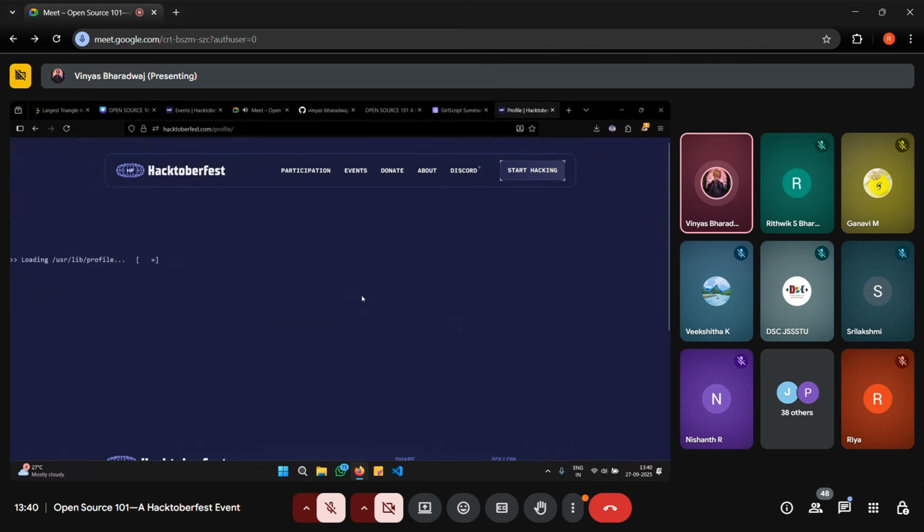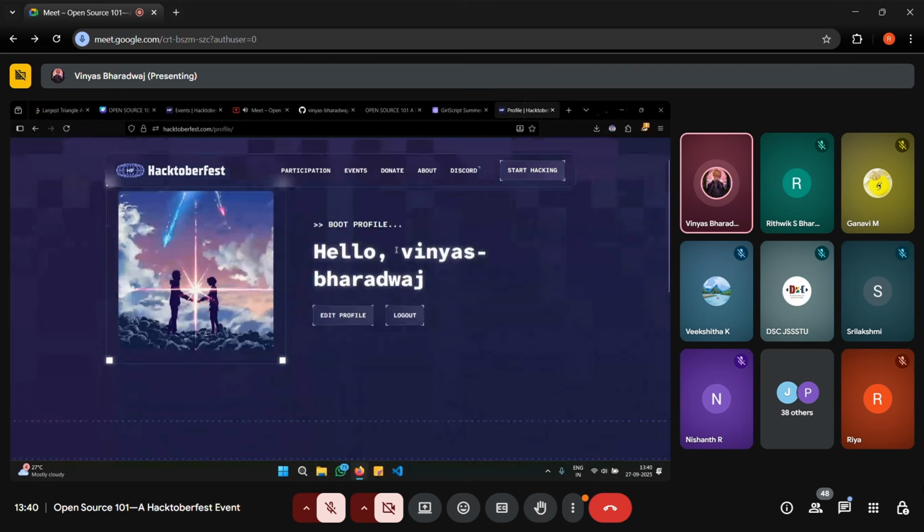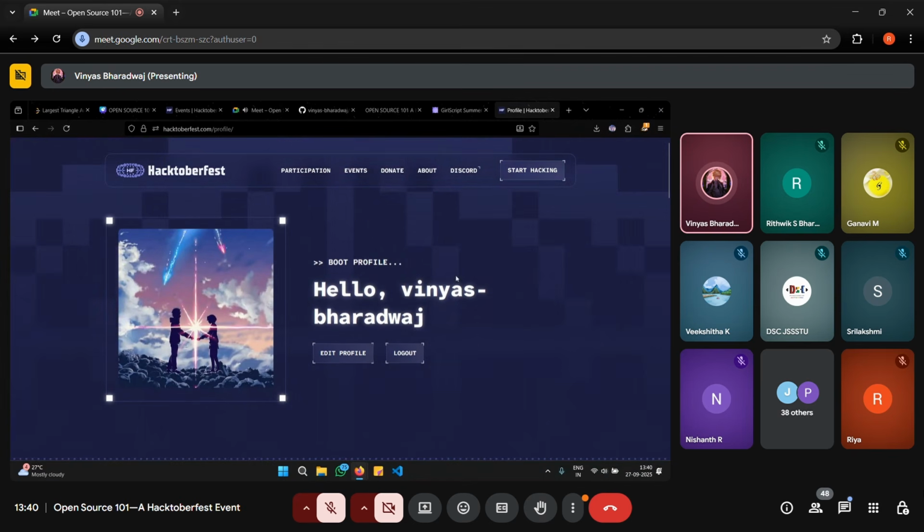This is where it will ask you for authorization from your GitHub or your GitLab account. I have already authorized myself. That's why I have my profile over here. But it will ask you for authorization for your GitHub or GitLab account. I would suggest all of you make a GitHub account first. GitHub is used more widely. So all of you just make a GitHub account first, then you can get it authorized, and then you can actually start working on your Hacktoberfest project.